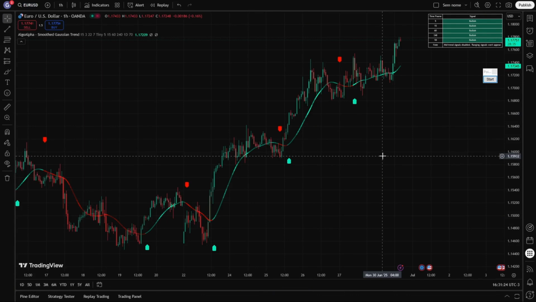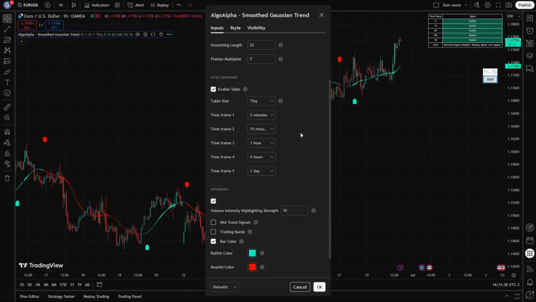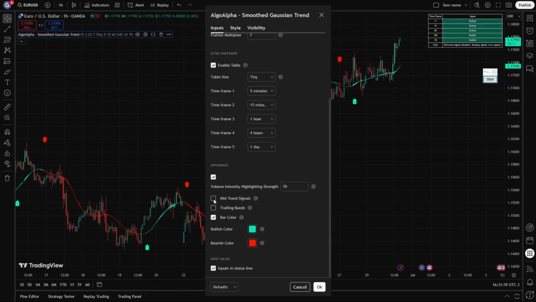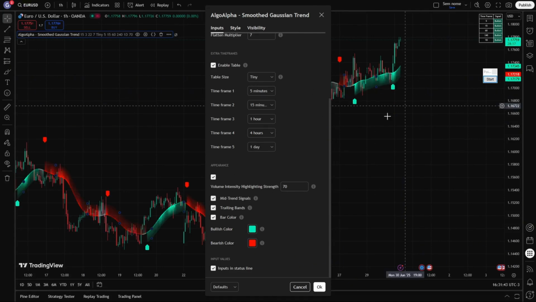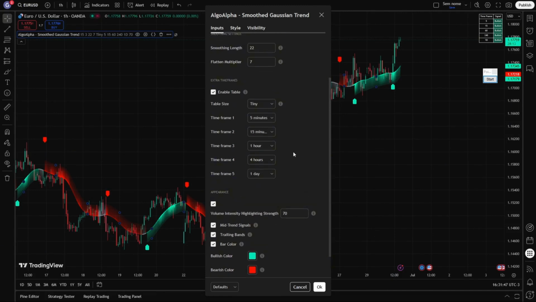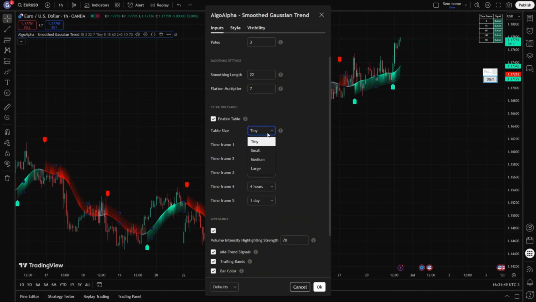As soon as you add it, click on the gear icon up here so we can set up some important configurations. Scroll all the way down and click on these two options that I'm clicking on. Now, some important changes will be made to your chart. Also, in this part here, to make our time frame table bigger, we can select the medium option and click